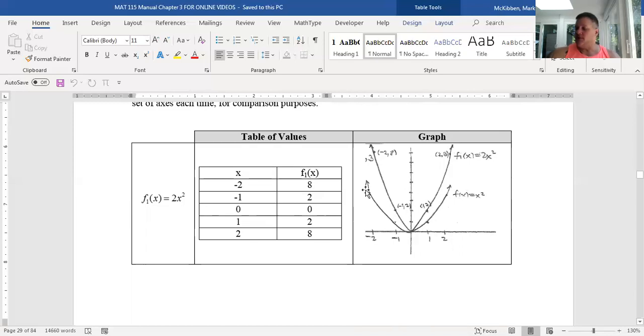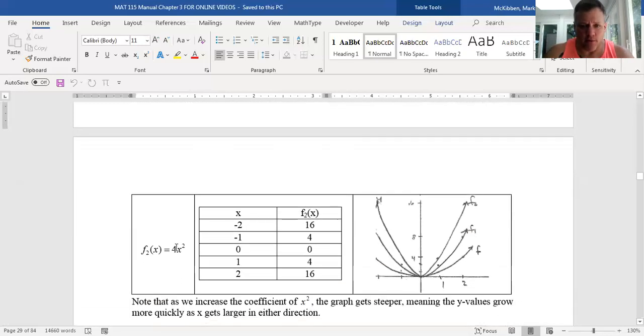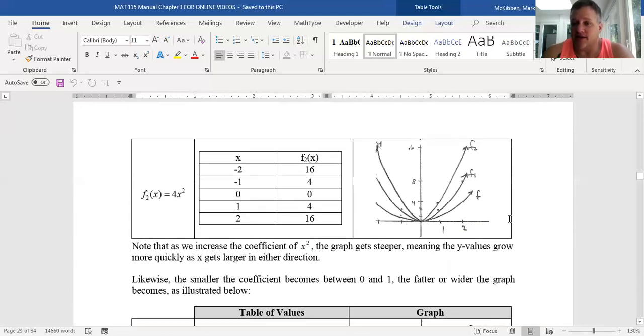It's still symmetric about the y-axis, but this time, since I'm multiplying by 2, a number larger than 1, the outputs are getting larger quicker, and so it squeezes in or compresses towards the y-axis. If you multiply by 4, like we do here, the same exact thing happens more dramatically, in fact, if you compare it to the original x squared. Right now, the outputs are quadrupled with respect to the original f, and so it's compressed even more towards the